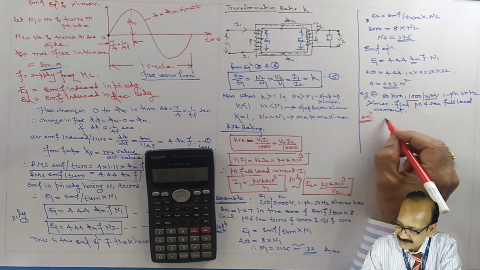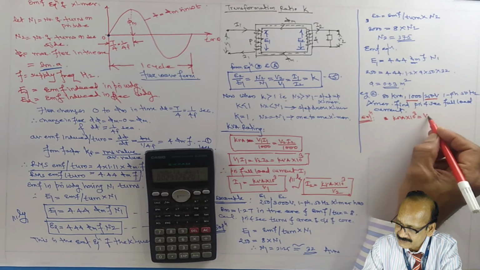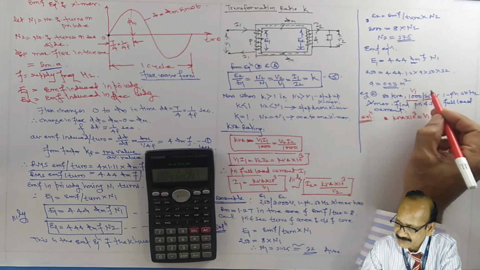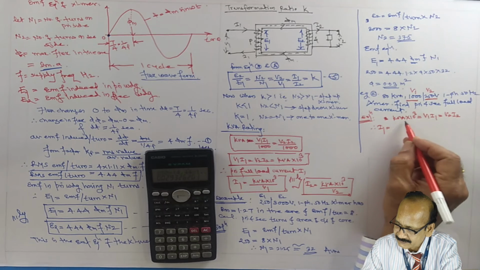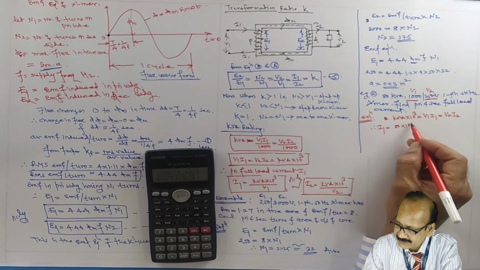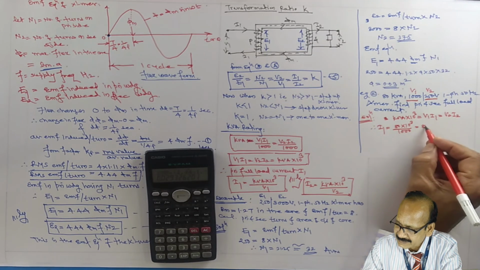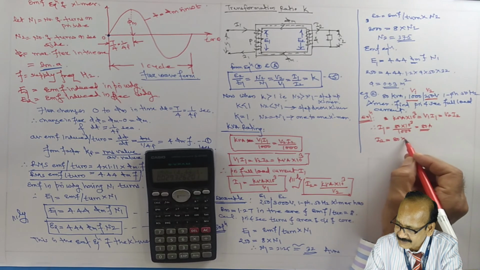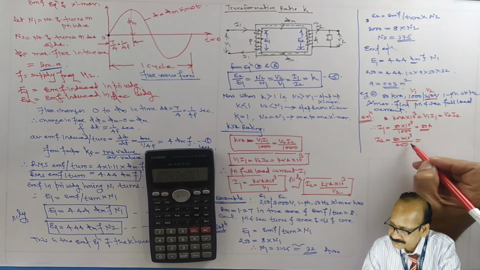Already we have stated that kVA into 10 raised to 3 equals V1 I1 equals V2 I2. So this is our V1, this is our V2. Therefore I1 equals 80 into 10 raised to 3 divided by V1, which is 1000, so it is 80 ampere. Similarly I2 equals 80 into 10 raised to 3 divided by 250, which is 4 times,